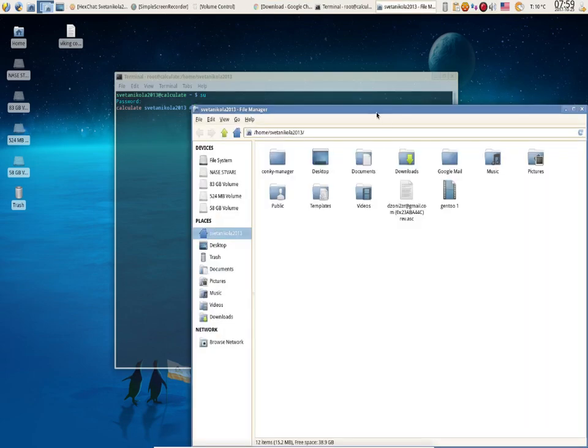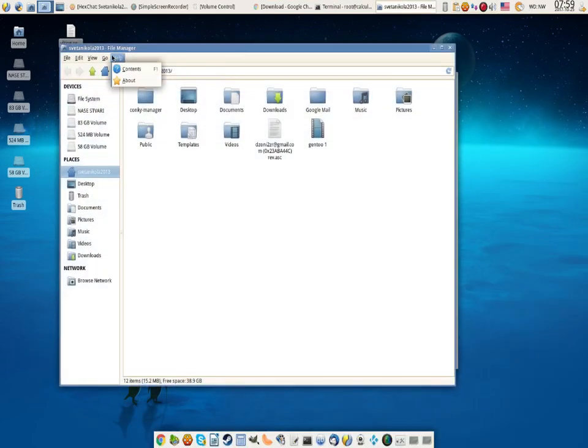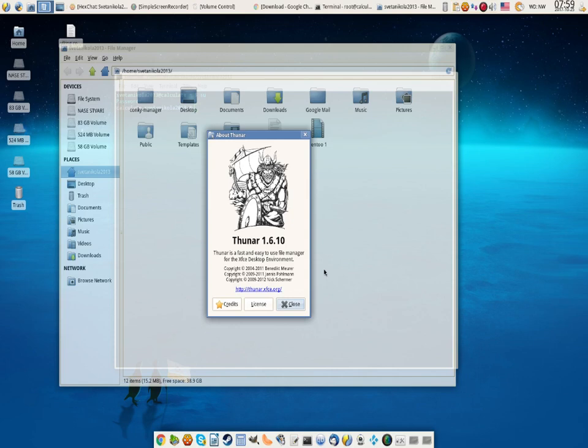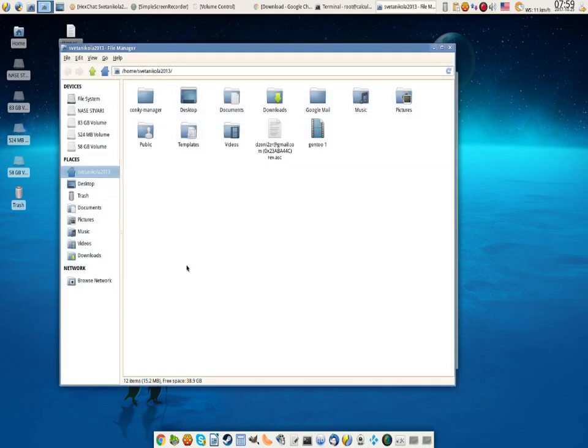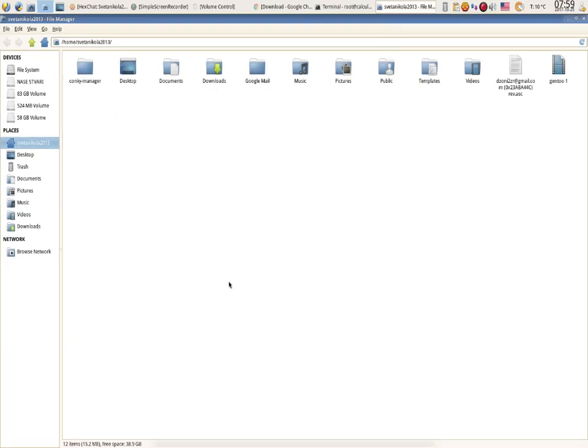For the XFCE Desktop, the default file manager is Thunar, version 1.6.10, and Thunar is a lot like Windows Explorer, the file manager for Windows. Same here for the XFCE Desktop.